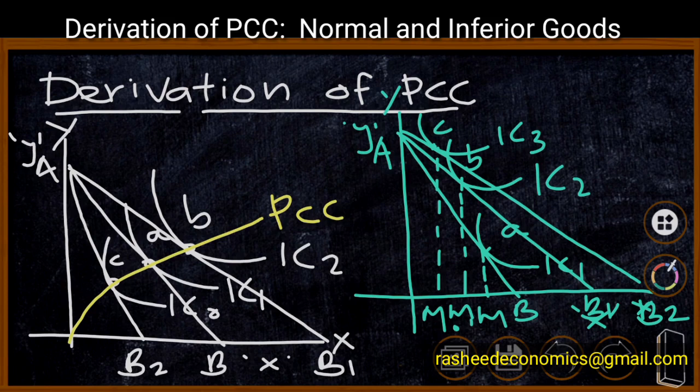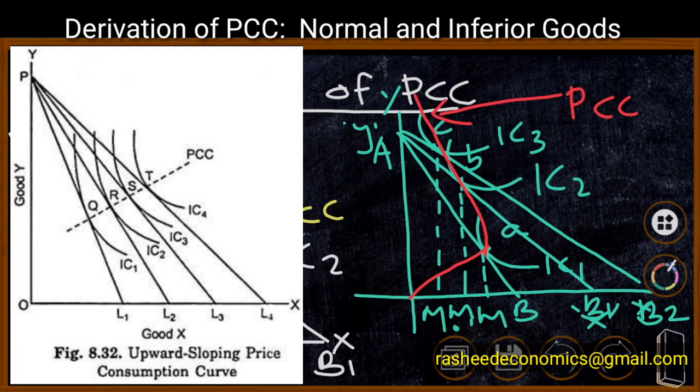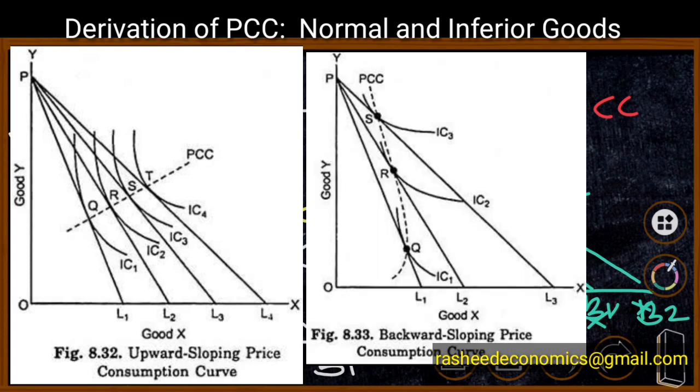Therefore, in such a case, the price consumption curve will be backward bending. We have derived this price consumption curve by joining different equilibrium points, and it is backward bending. In the first diagram we have shown an upward sloping price consumption curve. It represents that when the price of a commodity decreases, the consumer is purchasing more of the commodity. But in the second diagram we have shown an inferior or Giffen good. When the price of the commodity falls, the consumer is purchasing a lesser and lesser quantity of the commodity.